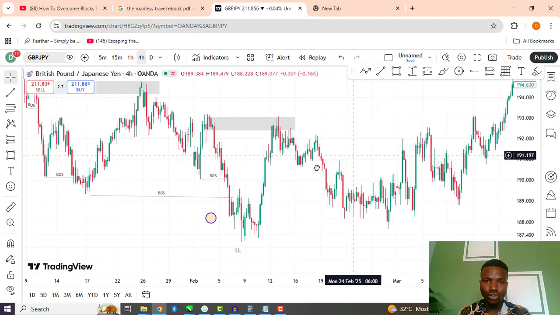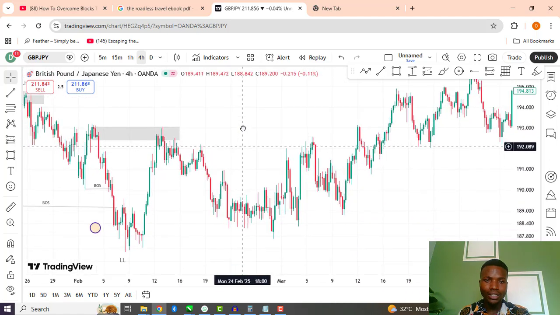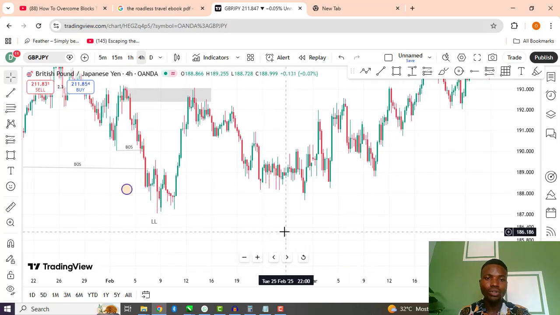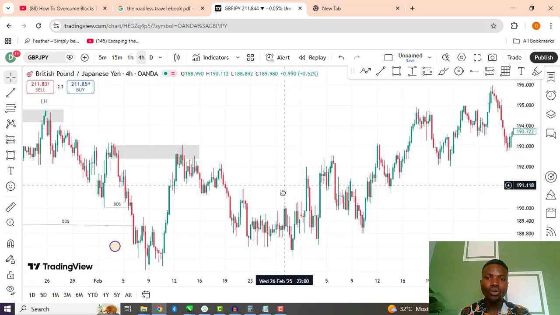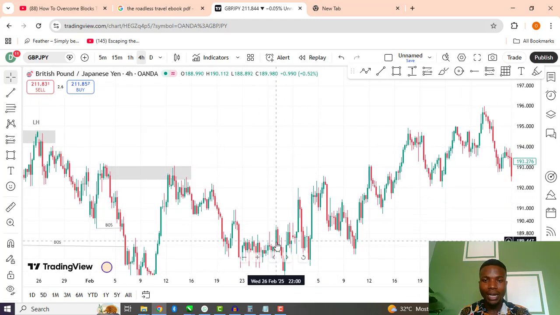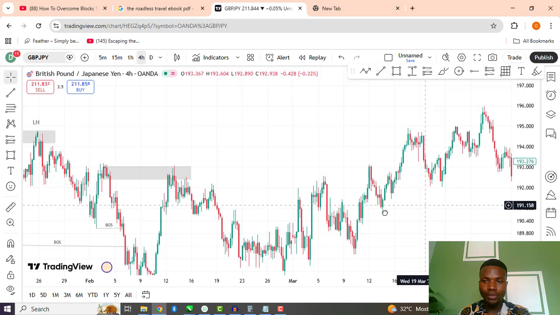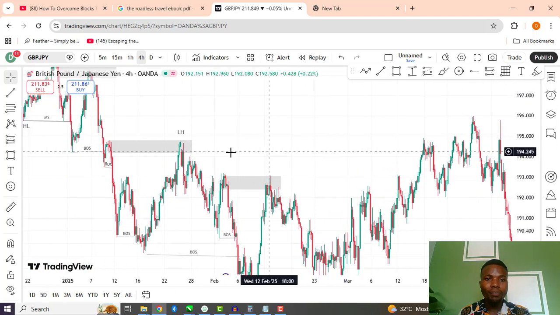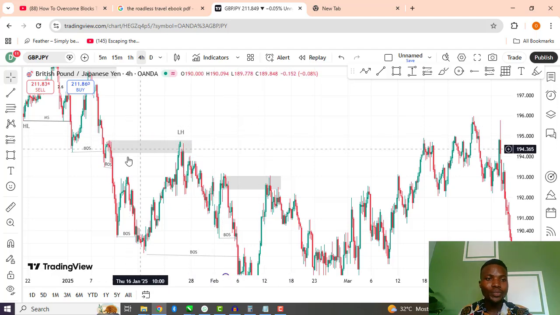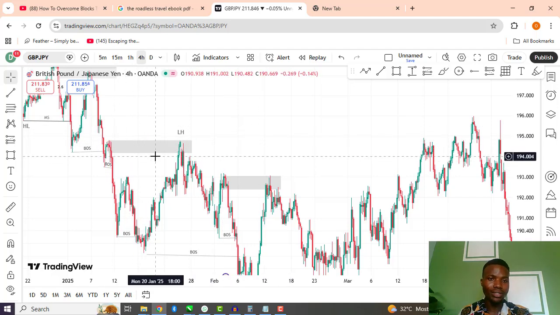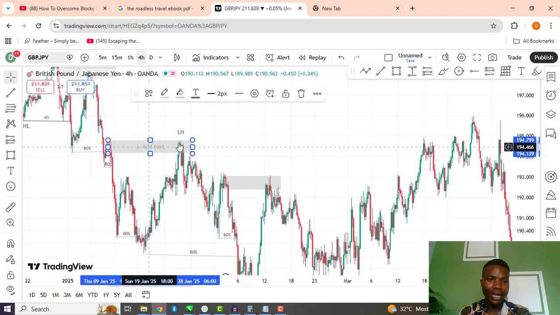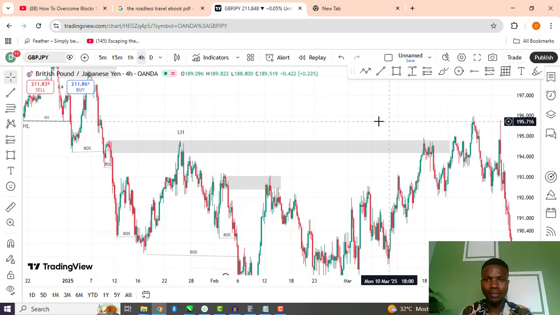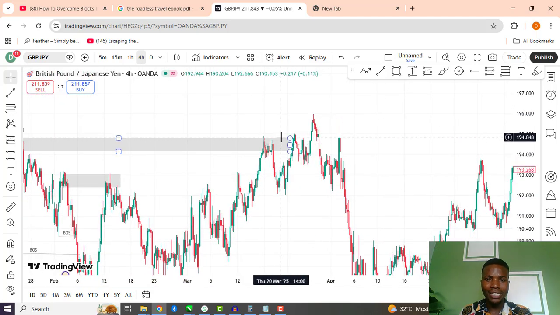But what I want to show you is that price would not continue to create a new lower low, right? So what price actually did is that price reversed a little bit, all the way up here. If you look at this previous break of structure that I talked about, you see that this supply zone is actually valid, because if we draw this line all the way up here, you can see that price has already